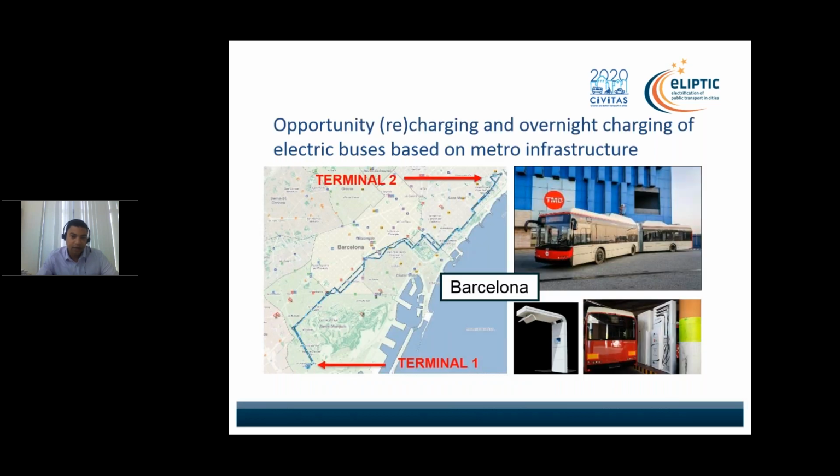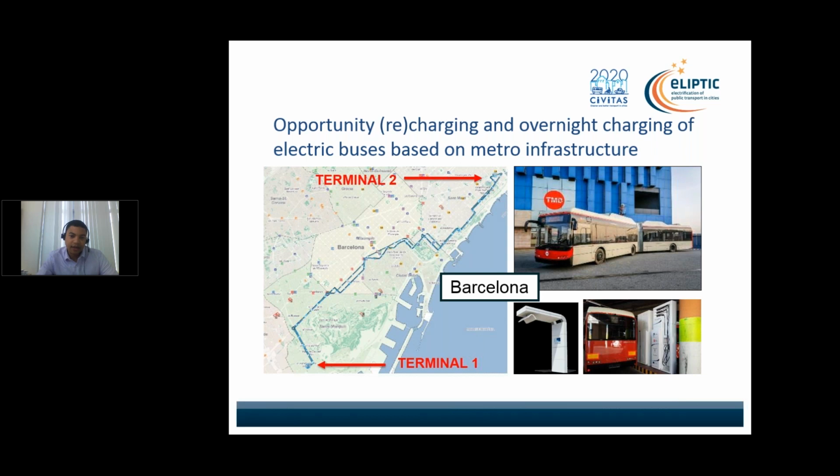So here I give an example of one of the cities taking part in the project. We have Barcelona. Barcelona is testing opportunity recharging and overnight charging of electric buses on the metro infrastructure. They have a bus line which has been electrified. You can see on the left-hand side of the screen the picture with the two terminals, and at the two terminals they have fast charging stations. And also at the depot, they have overnight charging, which you can see in the bottom right picture of the